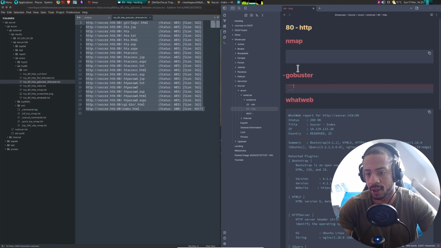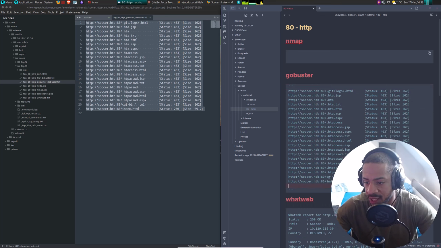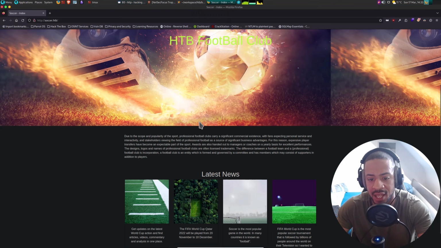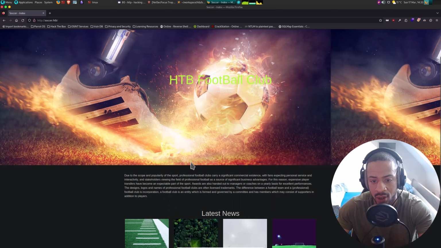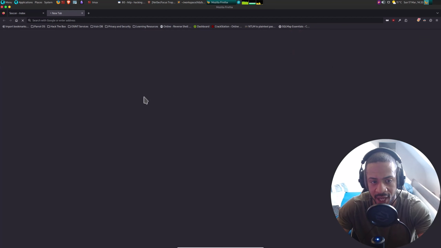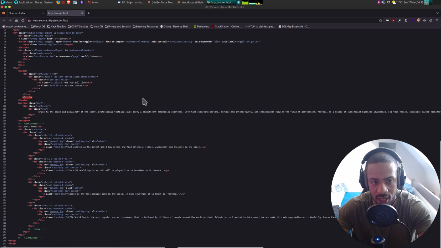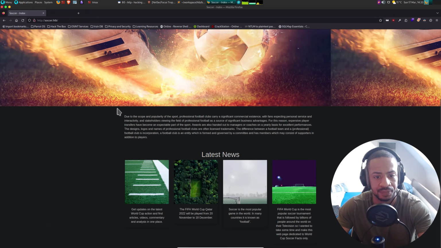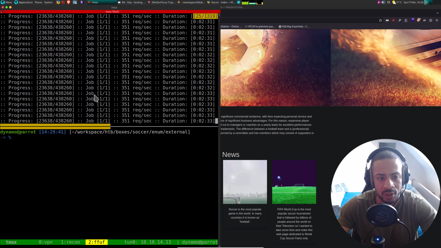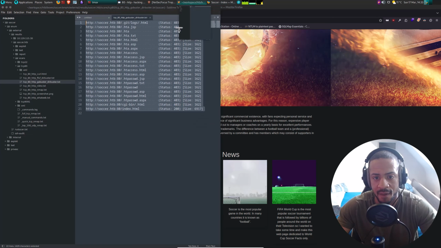GoBuster. And here already I can see that I have a 200 status code. Is that it? That seems to be it. So that is the index here. We seem to only have this static page. Yes, very static. Let's see what our ffuf is saying.